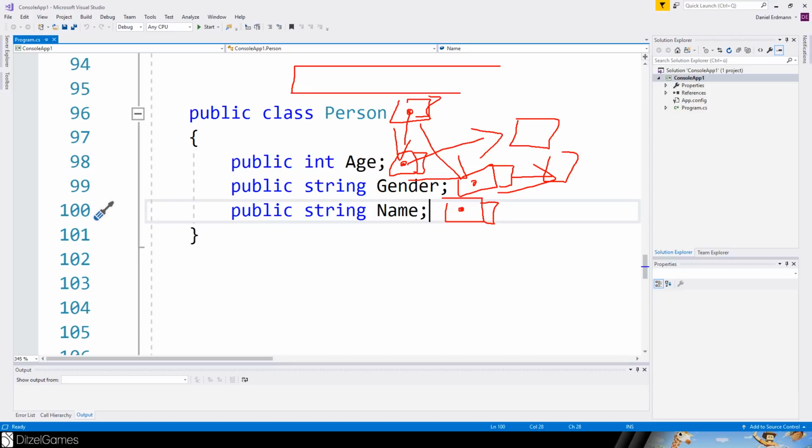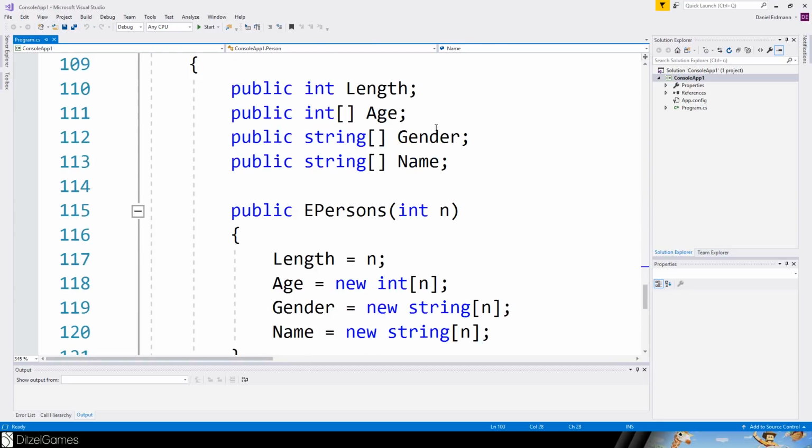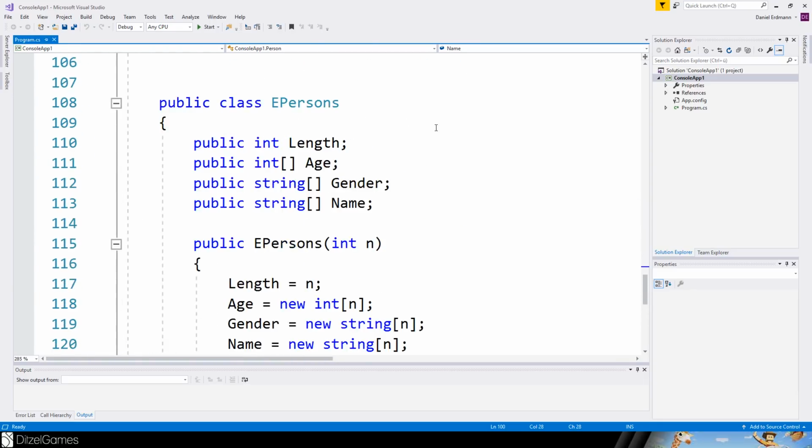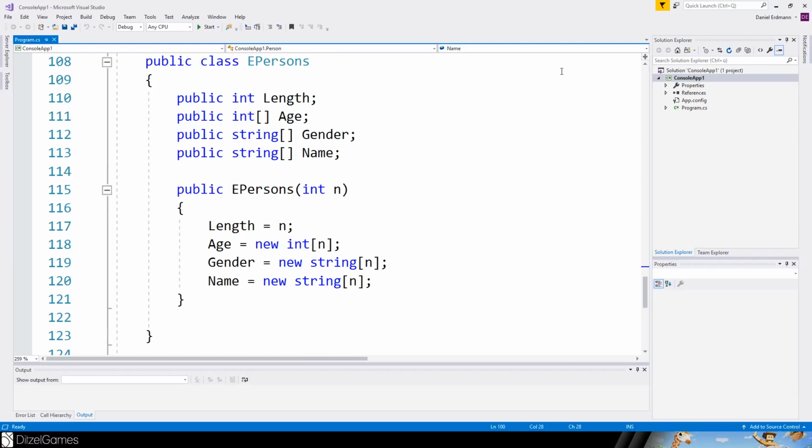If you have multiple persons, there is an array or even a list that is pointing to pointers of pointers and so on. And the whole thing is just messing up the memory, and you don't have to care because C# does it for you. But what if I told you that this definition of a person is way faster,